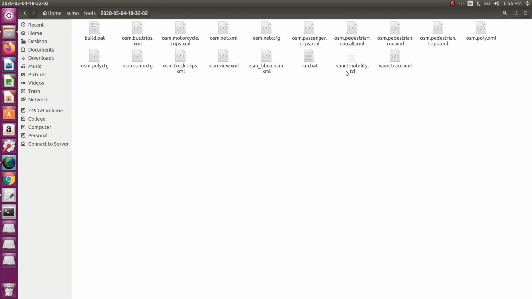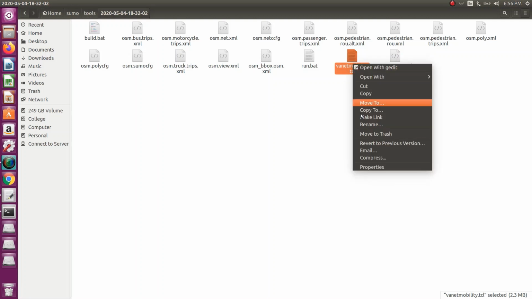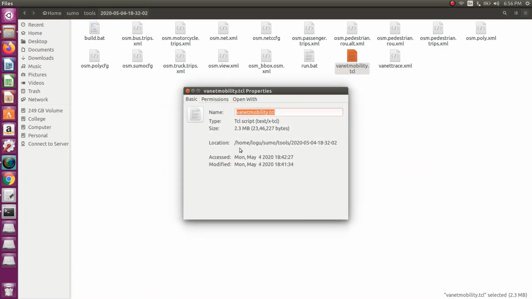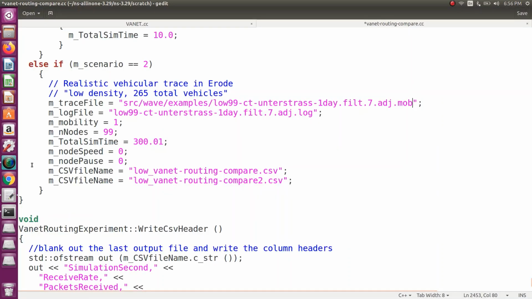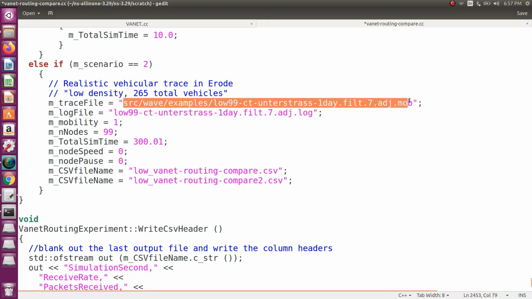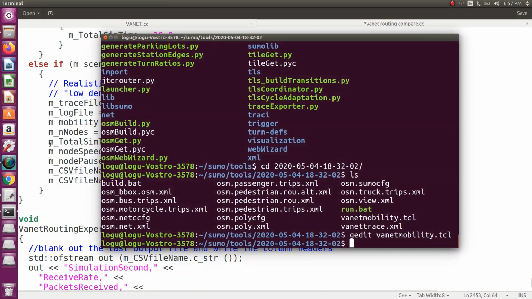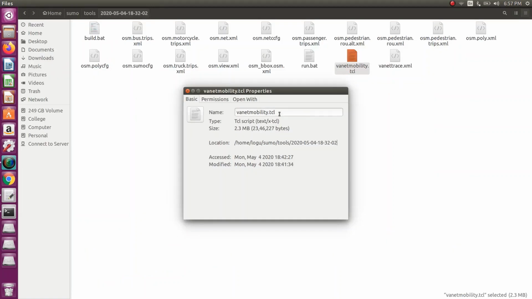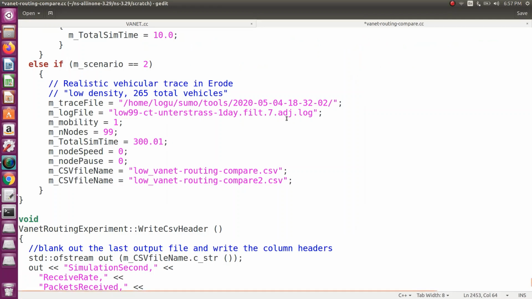This is the mobility.tcl file. You copy this location, then add the file name: VANET mobility.tcl.